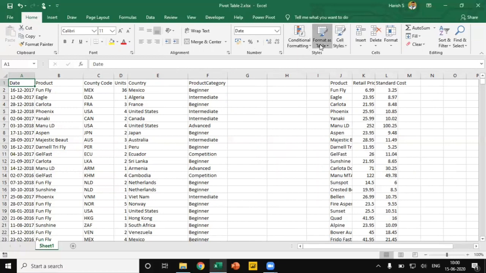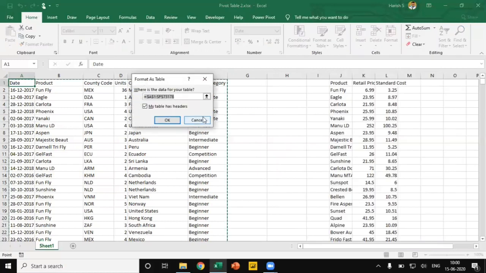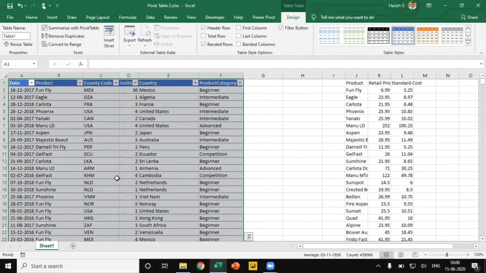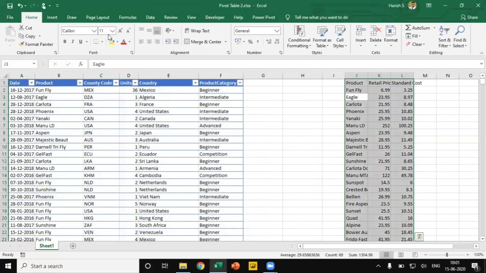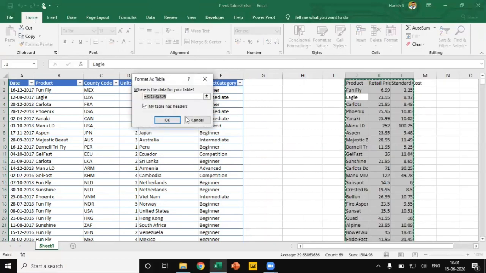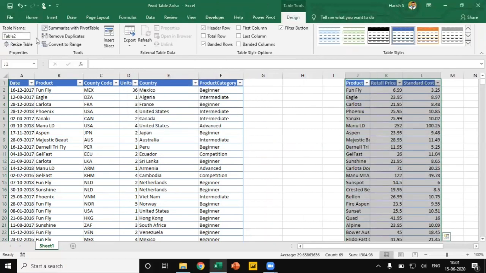I'll go to the format as table, select the table format and then click OK. So this has been converted. Now let me rename this table as sales table. In a similar way, I'll select this data and then go to the home tab, change as table. I'll add this table name as product.